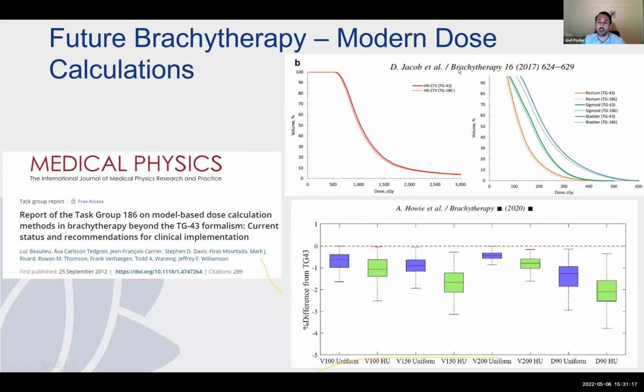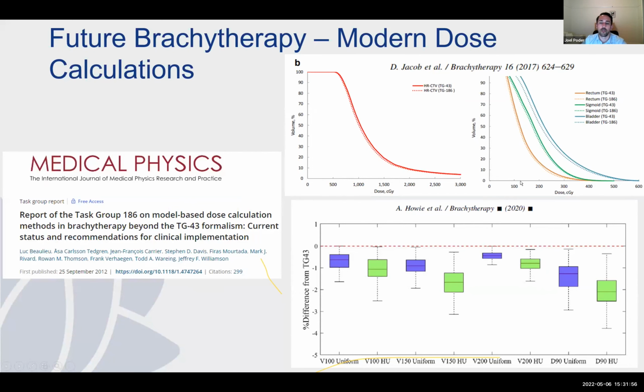This first figure up here is from the Brachytherapy journal, published in 2017, looking at a cohort of gynecological patients and recalculating plans with the new modern TG186 dose calculation algorithm. And you can see for the cervical cancer patients for the high-risk CTV here, very minimal change really in the dose volume histogram for the number of patients that they looked at. And even here on the right for the organs at risk, you can see differences in the rectum, the sigmoid colon, and the bladder. And most of the differences are looking here at the bladder. So we're expecting maybe slightly lower doses relative to what we used to be looking at with the TG43